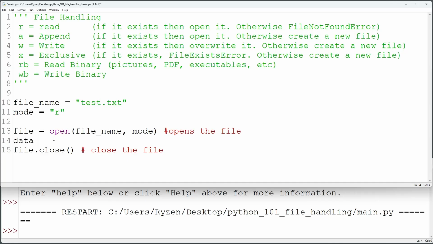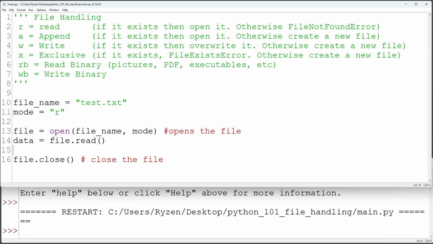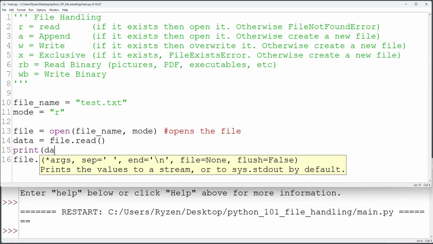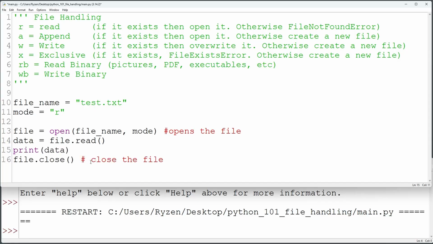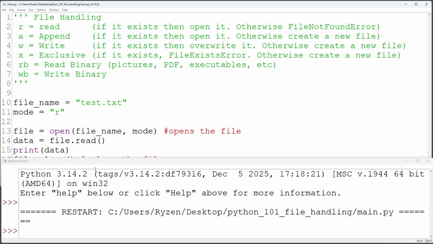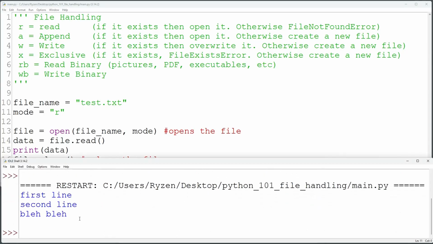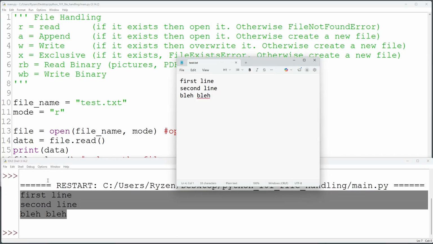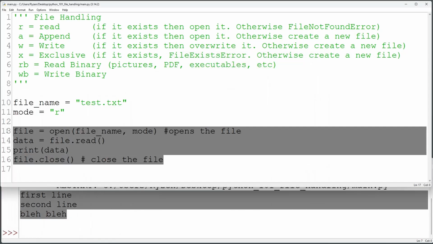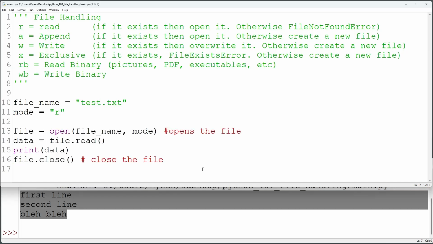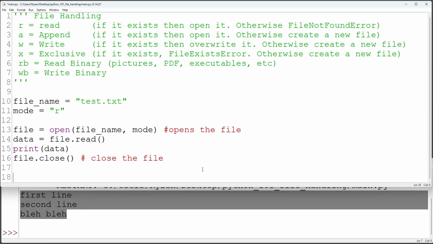So data equals file.read, and that will get me all the contents of the file. And then I'm going to print the data that I read from the file, just to see if I'm actually getting the contents of the file. And yes, this is the file and this is the content that I read in the code. So this works just fine, but this is not the preferred method